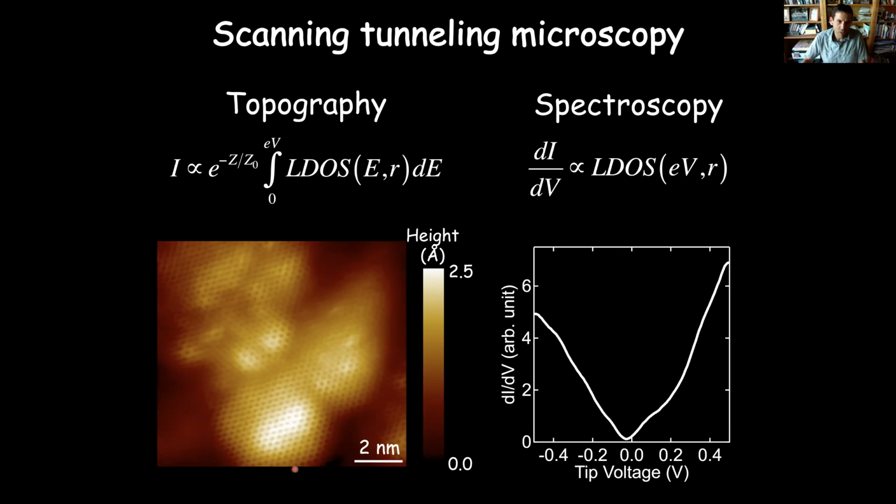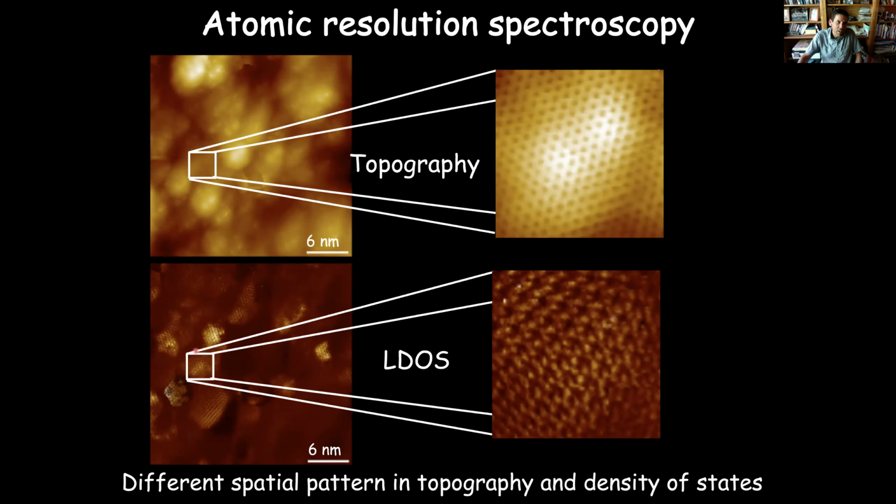If you zoom in on the local density of states in the same area, being acquired at the same time, this pattern you see in the local density of states is actually different than the pattern you see in the topography. If you were to look at this carefully or do a Fourier transform of this data, you would find that the wavelengths that are appearing in this local density of states are different than the wavelengths that are appearing in the topography. They're a factor of square root of 3 longer.